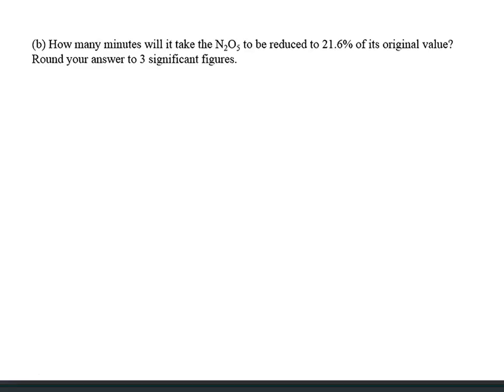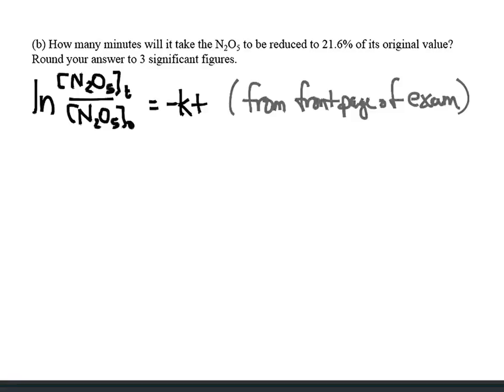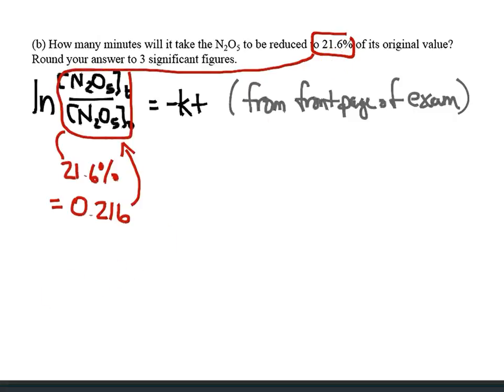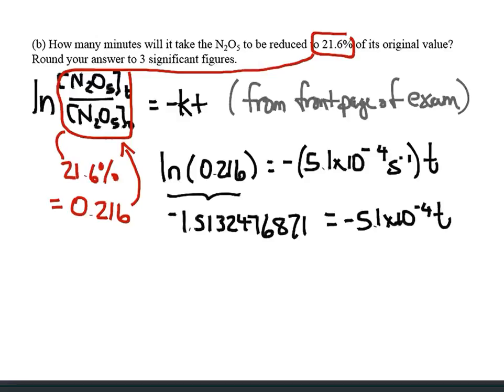The way we practiced it in class was we used the equation on the front page of your exam, which is shown here. Natural log of A at time t divided by A at time 0 equals negative kt. So that's on the front page of the exam. And then this ratio here is related to this 21.6. So this ratio is 0.216, because it's the ratio out of 1, not the percent out of 100. And you plug those numbers in, solve for t, and you get t is